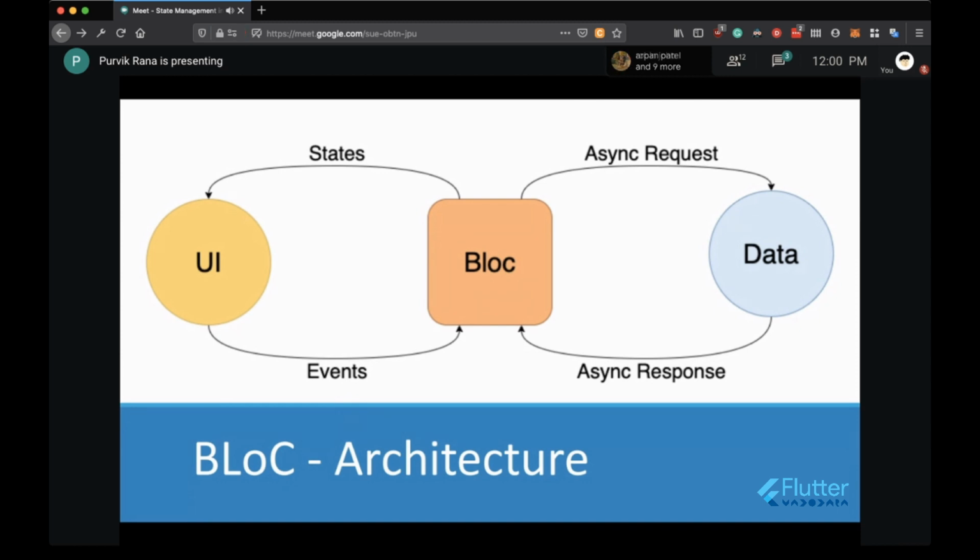You can directly implement that inside the bloc. Those are not the type of events that you have inside the bloc, but yes, you can directly implement those things inside the bloc. Okay, got it.